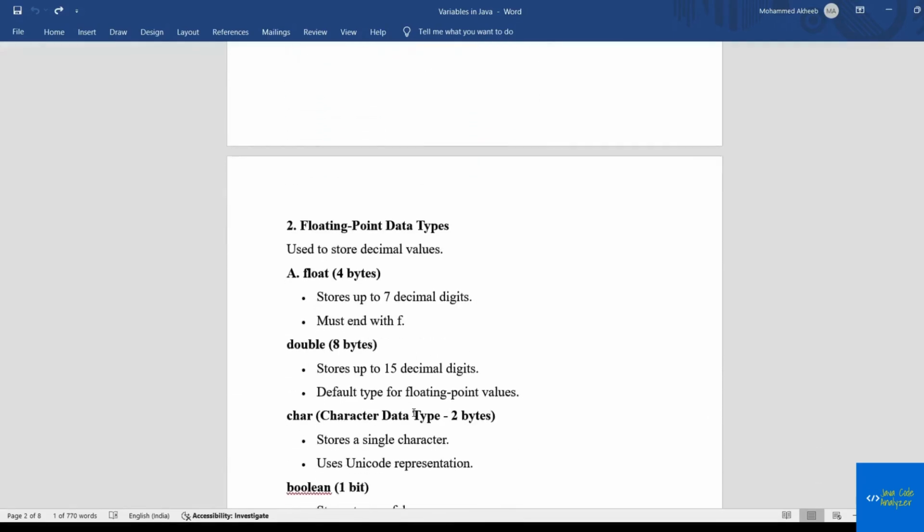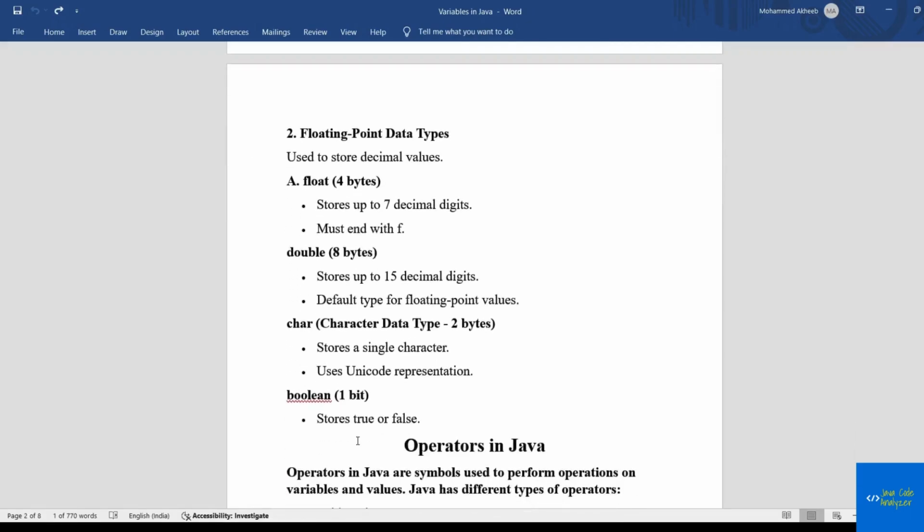And then we have floating data types, where we have float and double, where float is basically used to store up to 7 decimal digits, and double is used to store up to 15 decimal digits. Char is used to store a single character, and boolean is used to store true or false. Okay, so now let me switch back to Eclipse and show you guys how it looks